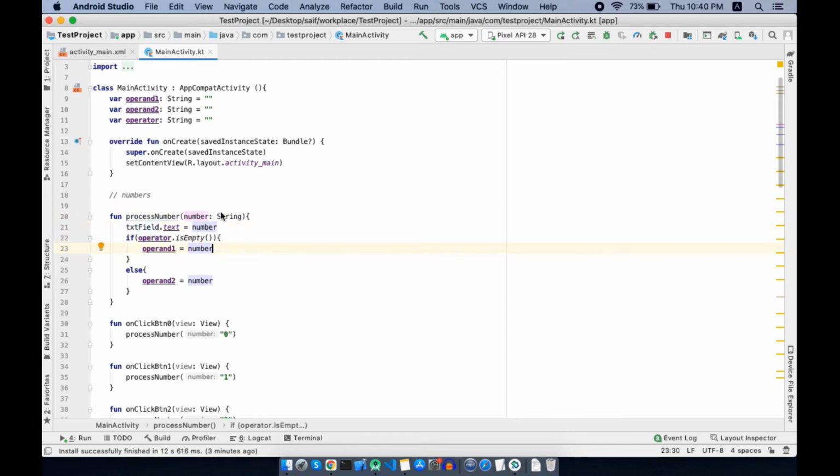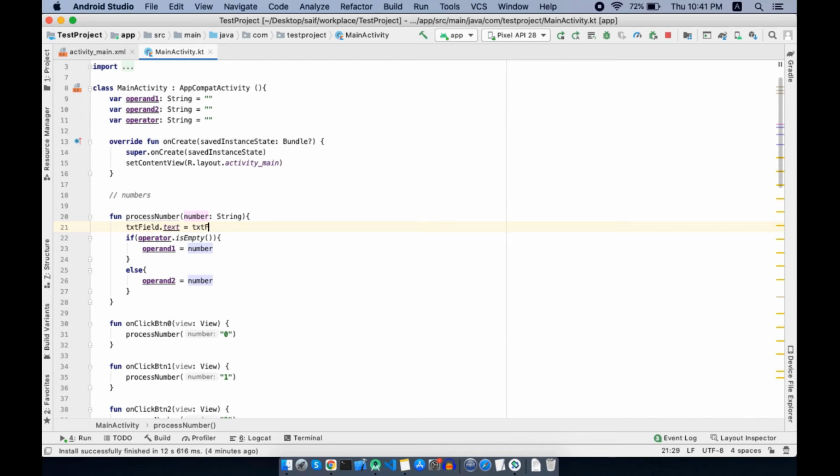Next I press plus, the plus will be written on the text field. What should happen is, the plus should be appended to the existing value, which was 1. What we should do is take the existing value of the text field and append the new number to it.